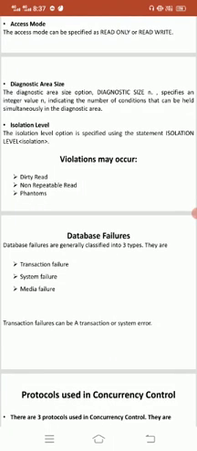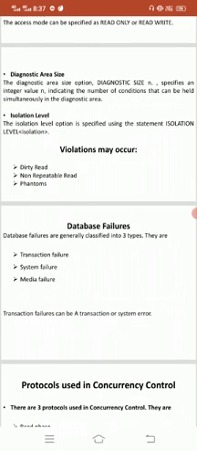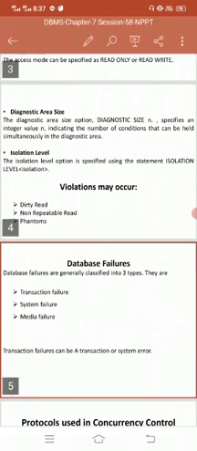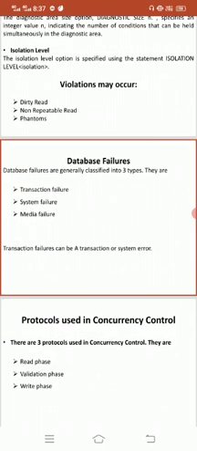So transaction failures are what? The first is transactions or system error. The second is local errors or exception conditions detected by the transaction. The third is concurrency control enforcement. Some operation in the transaction may cause it to fail, such as integer overflow or division by 0. Parameters may have an erroneous value. There could be a logical programming error.